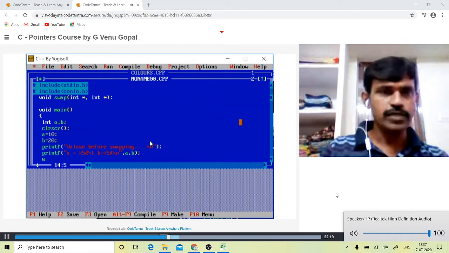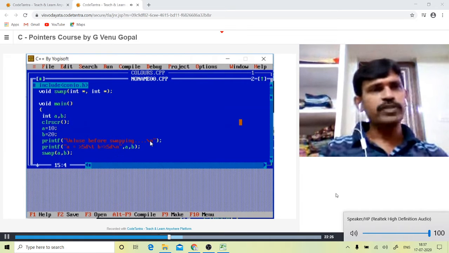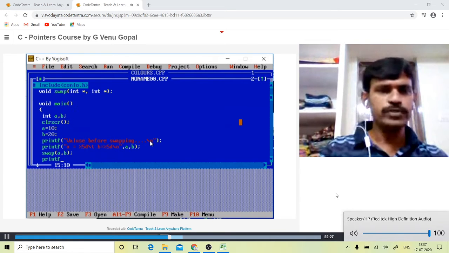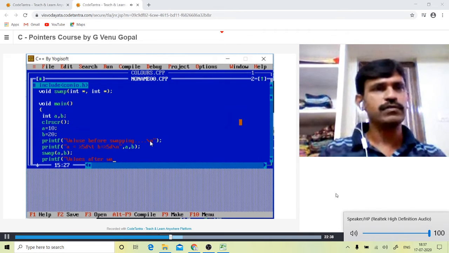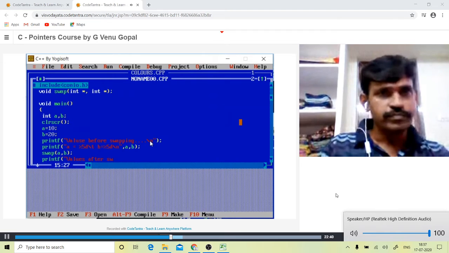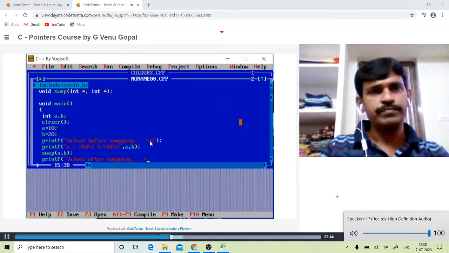Then I'm calling the subfunction swap using the values A and B respectively. After that, again I try to print the values of both the variables. Values after swapping. So again I print a new line character here.